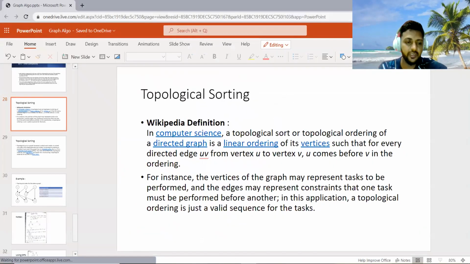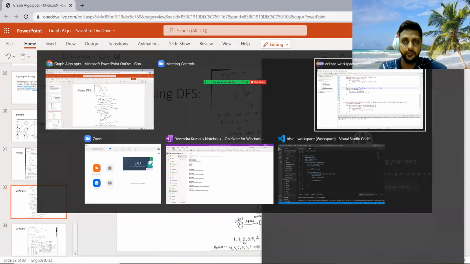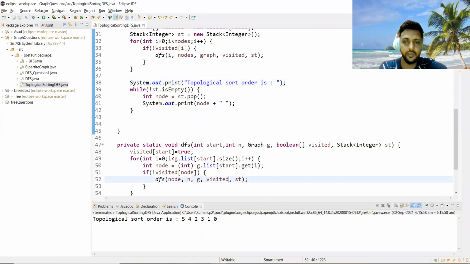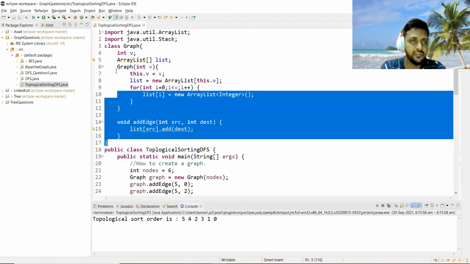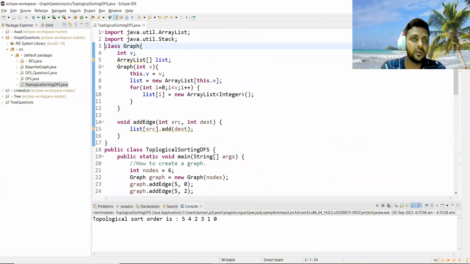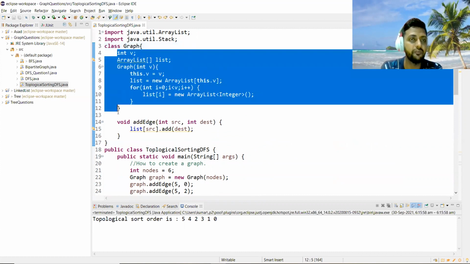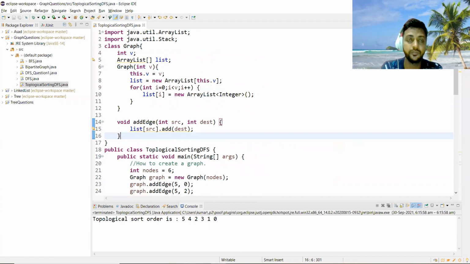So don't worry, let me quickly jump to the code. Here I have written the code. This is our graph initialization. We are declaring one class. This code is in Java, and this is how you can represent the graph with the help of an adjacency list.